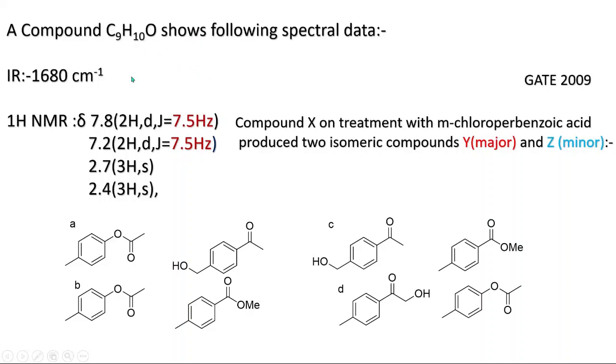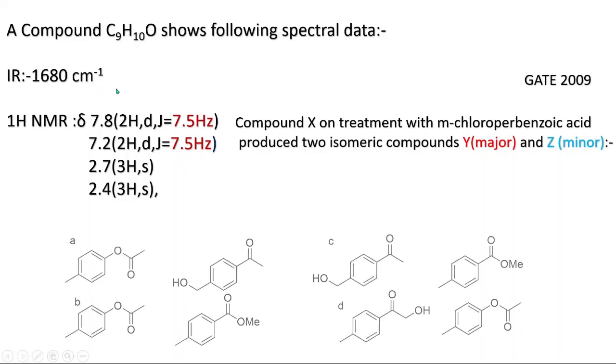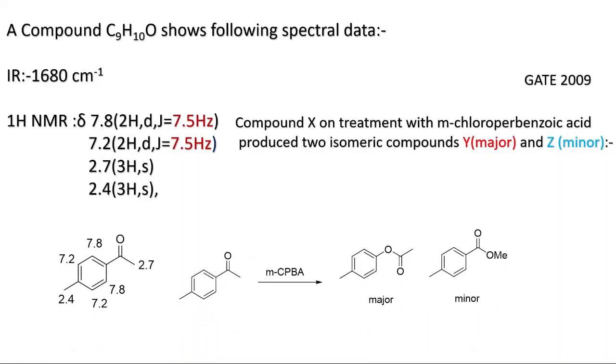That means we have one benzene ring. I have already mentioned, whenever you get 4 or more than 4, think about the benzene ring. So in this compound we have a benzene ring plus one unsaturation. They have given IR 1680. This is typical for an alpha beta aryl ketone, that is, the benzene ring attached to a ketone. So this will be the particular compound, that is X. You can see this will be X.